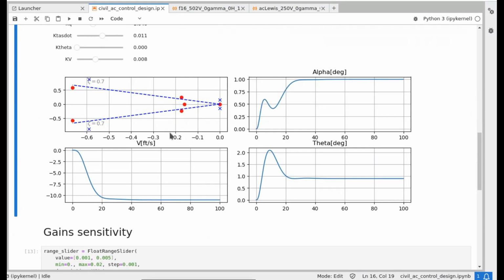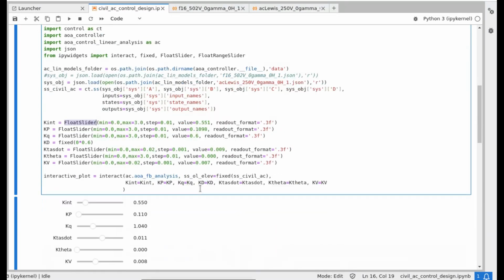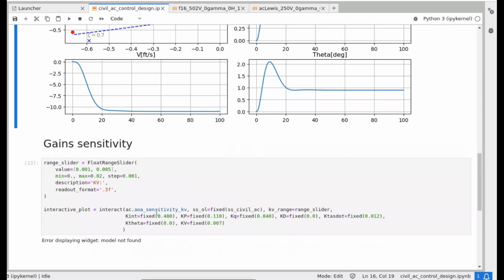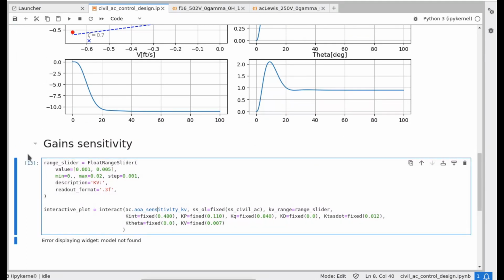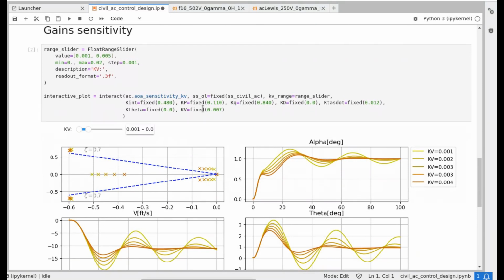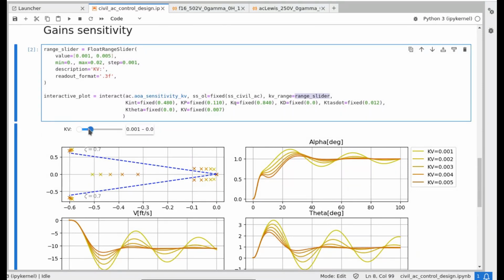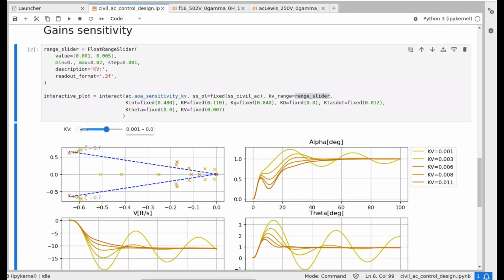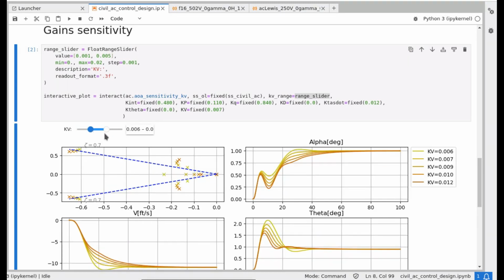The other thing that I'd like to mention here that I think is also super cool is that it's possible to use these widgets to make sensitivity analysis, and I provided a simple example here. This one is a slider with two controls. You have an upper control and a lower control, and this establishes a range, and you can slide this one. What I did is that for this range, by separating 4 gains, which are these 4 gains here,